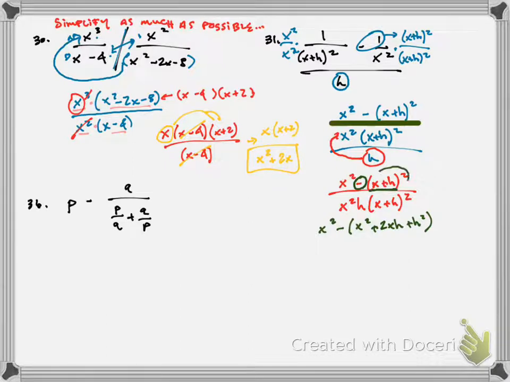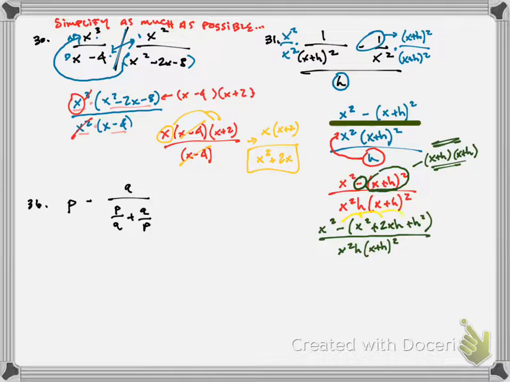Remember, this piece here is x plus h times x plus h, right? It's the quantity x plus h squared. And when you expand that by that product, you're going to get x squared plus 2xh plus h squared, okay, over x squared h times the quantity x plus h quantity squared. I'll distribute my negative